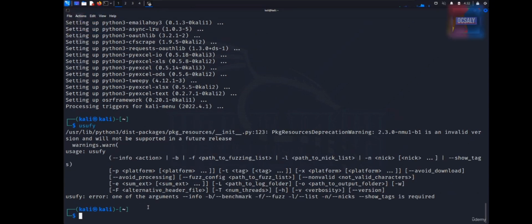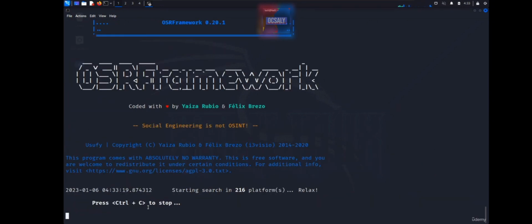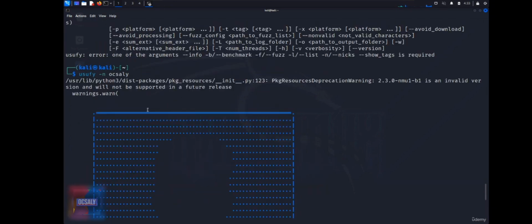So the USFI is used for searching on multiple search engines to identify the keywords in a URL and to automatically enumerate and store all the results in CSV format. So this command runs like this: USFI with the n parameter, for example, Oxaly. As you can see here,